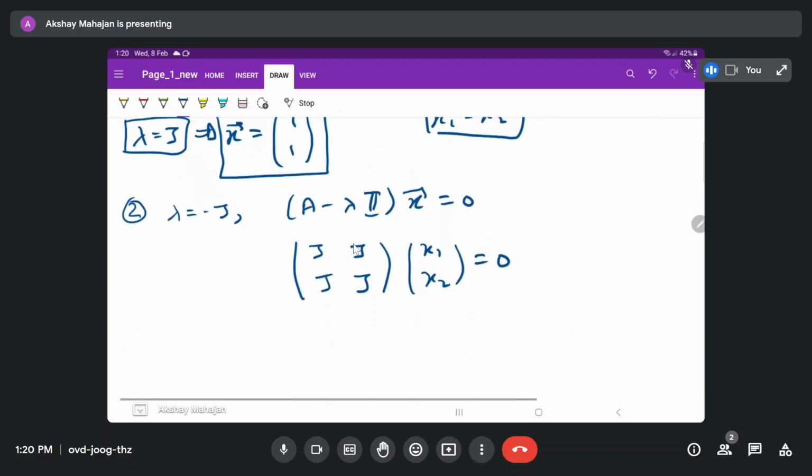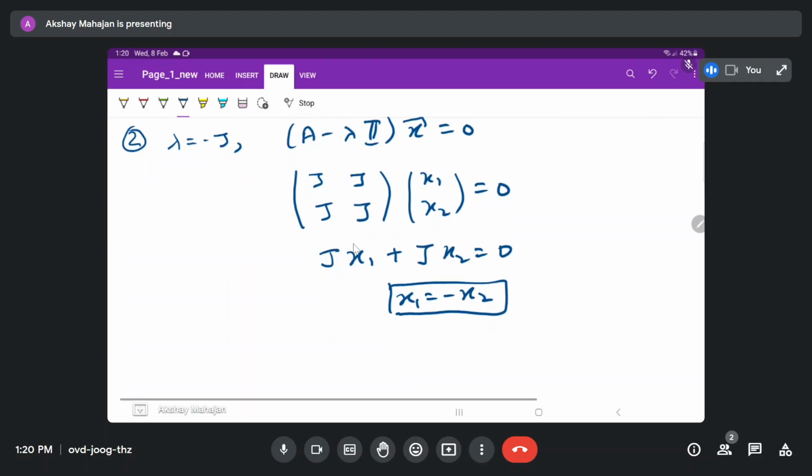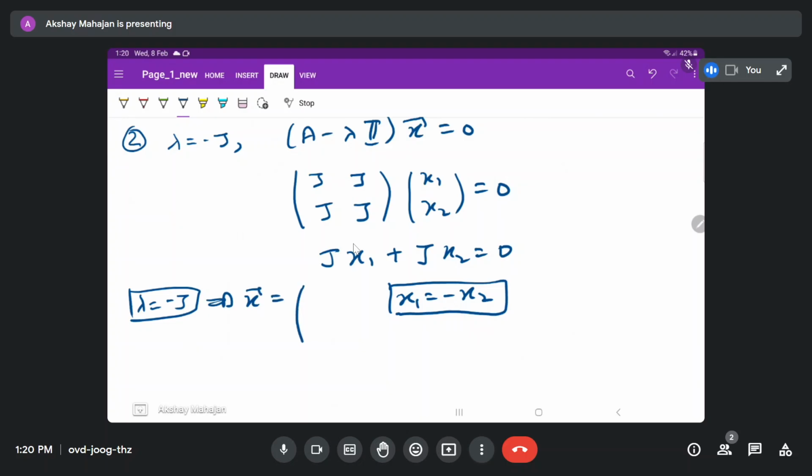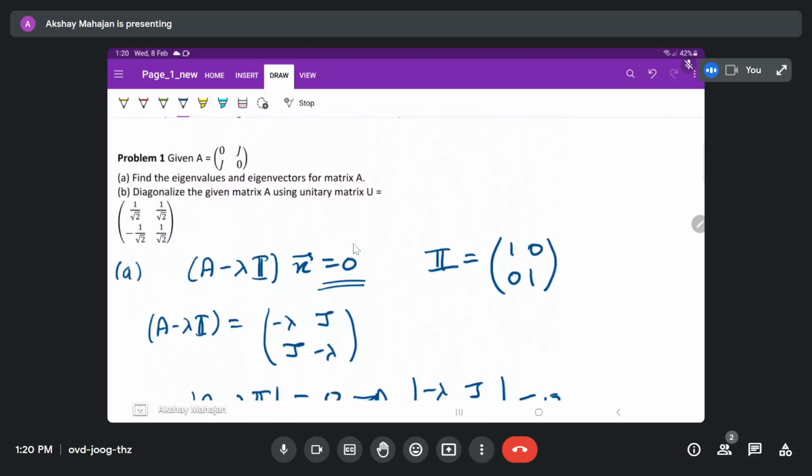Okay, so we have this. We will write this from here. We get, as you can see, jx1 jx2 equals 0. This will give us x1 equals minus x2. Correct. So from here, for eigenvalue lambda equals minus j, our eigenvector, taking x1 equals 1, we can write as 1, minus 1. Alright, so this was our A part, to find the eigenvalues and eigenvectors for this